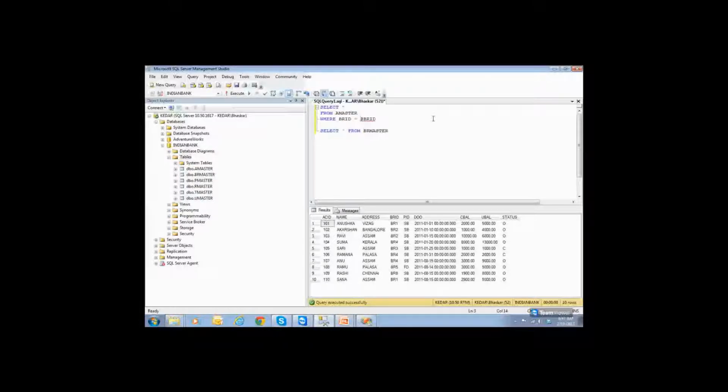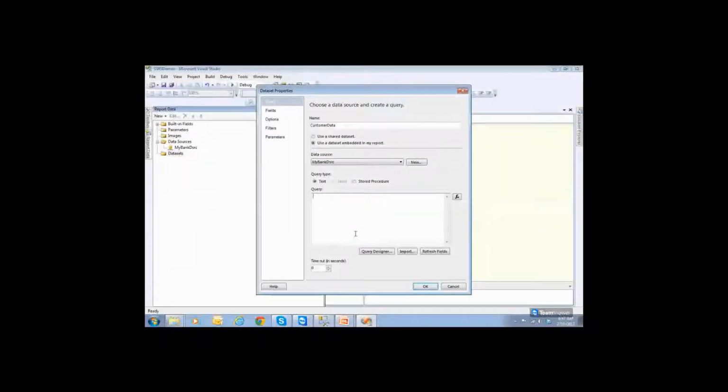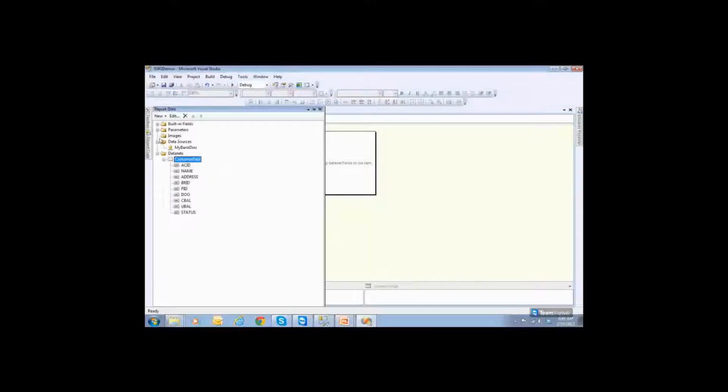So select star from account master where BRID equals @BRID. This is a parameterized report I'm going to use. So created this, simply click OK.